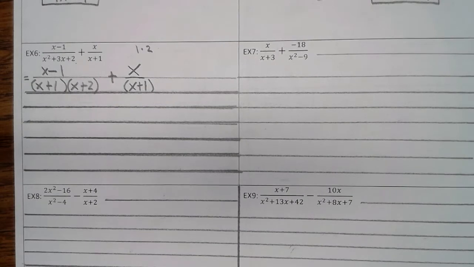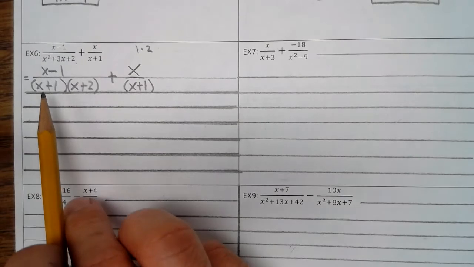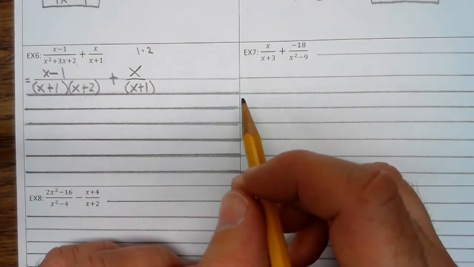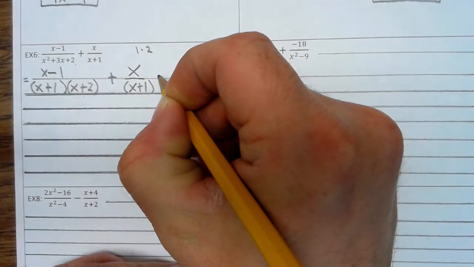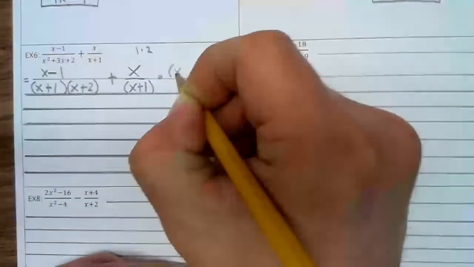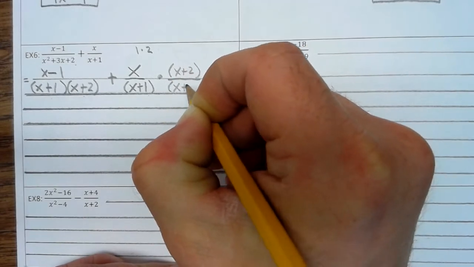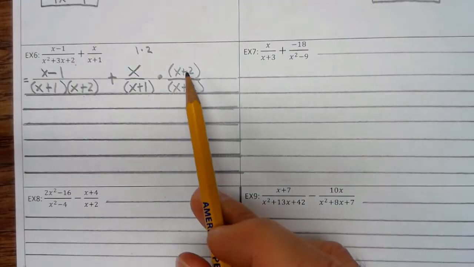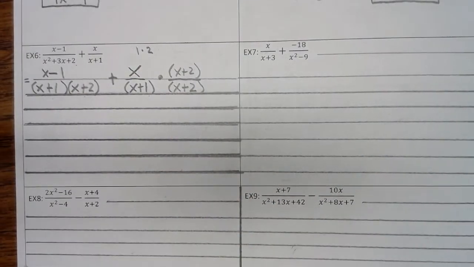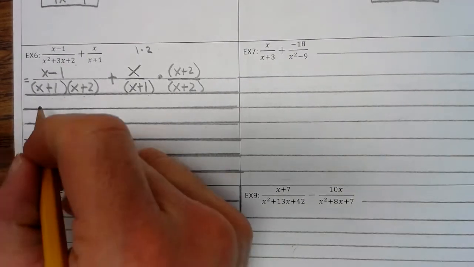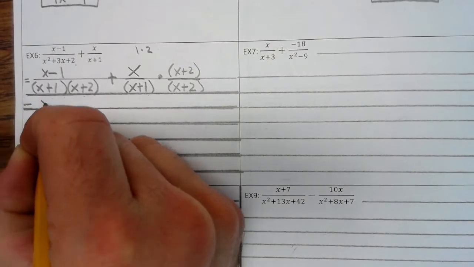All right, so now it says find the common denominator. Well, the common denominator would be x plus 1 times x plus 2. Well, this is missing the x plus 2, so we're going to multiply by the special one. We're going to multiply by x plus 2 divided by x plus 2. We can do that because x plus 2 divided by x plus 2 is 1. So we haven't done anything to change the problem, but we're manipulating it so that we now have the same denominators, okay? So now we have x minus 1